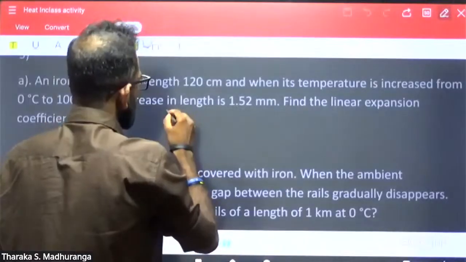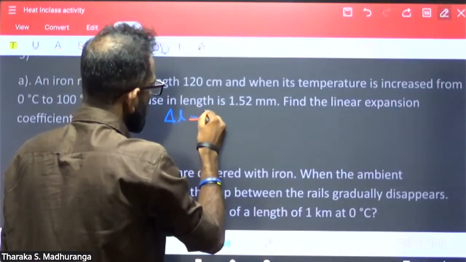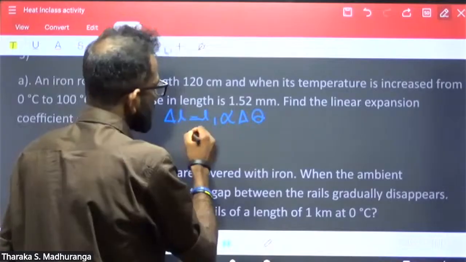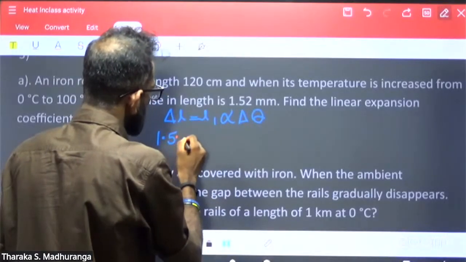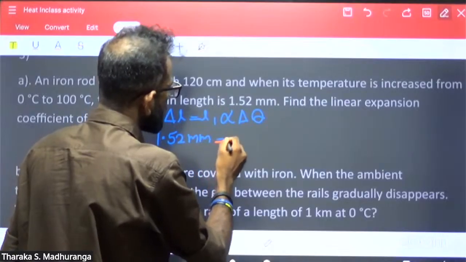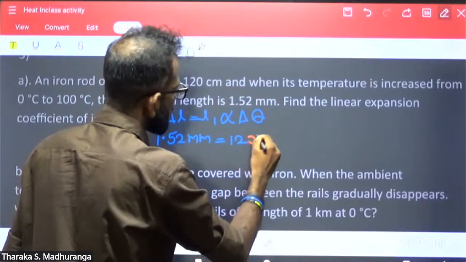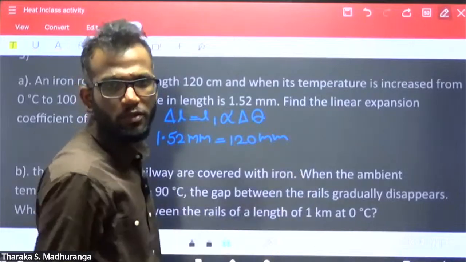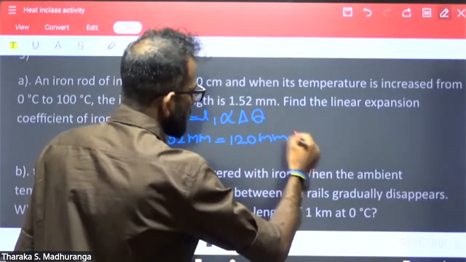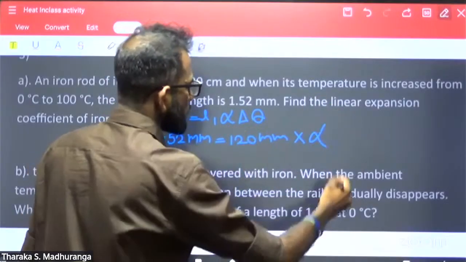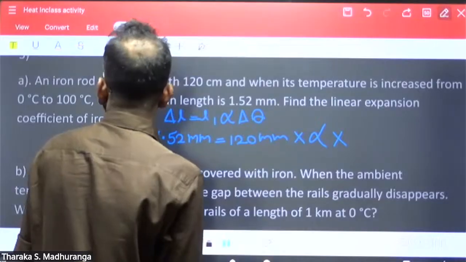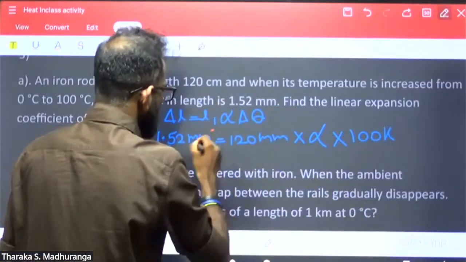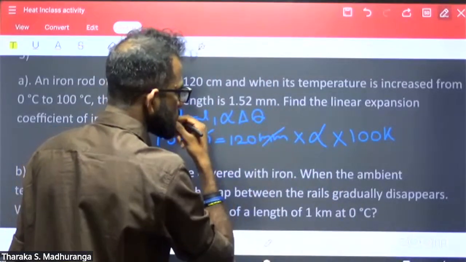So here, delta L equals L1 alpha delta theta. The delta L is given as 1.52 millimeters, equal to L1, which is 120 millimeters, multiplied by alpha, which we don't know. We are finding alpha. The temperature difference is 100 Kelvin. Don't need to worry about units, because millimeter and millimeter cancel out. So alpha equals